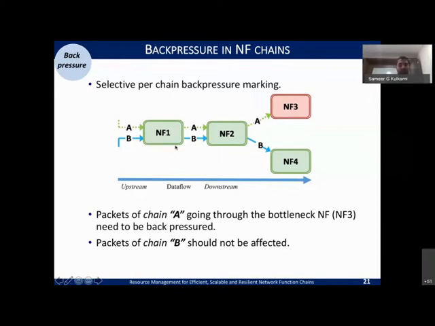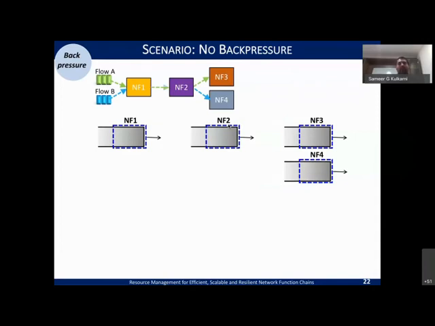Given such a mode of where the things occur, so you can see a chain here, right? The green chain going from NF1, 2, and 3, and the blue chain where it is taking NF1, 2, and NF4, right? And purposefully, this is being depicted with red to show that if this is a problem, what should occur? Like if this is a bottleneck, how do you handle it, right? And in networks, this is studied, and the way they try to do it is back pressure. But first, let's look at, if you don't have a back pressure, how does all of this work?